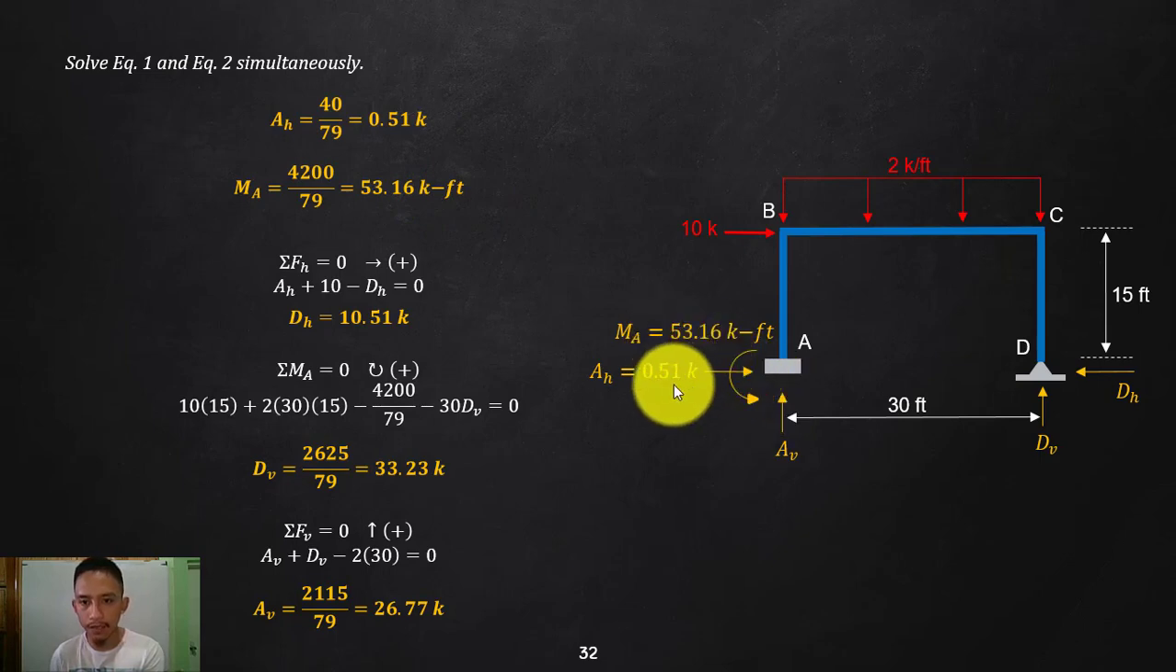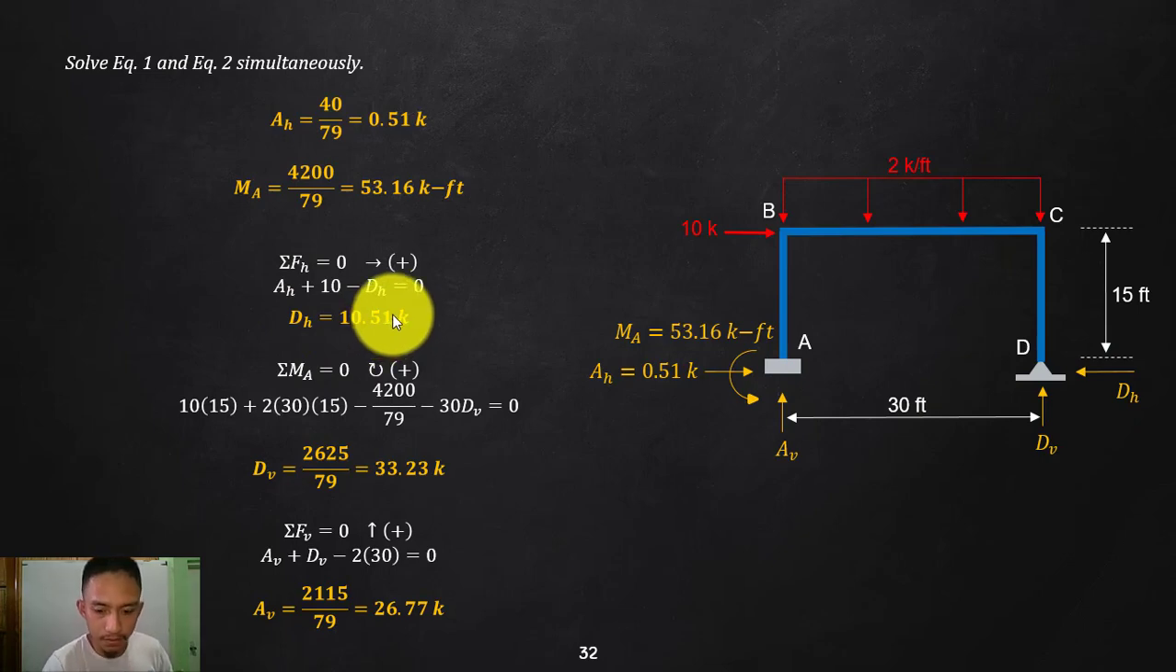And then the rest, if I now apply this AH and MA, the redundants that I already know, to my original structure, then the rest three reactions will now be solved by statics. So, summation of forces horizontally, what are the forces? Your AH and your 10 kips, which I assume going to the right is positive, so these are positive, minus this unknown DH. So you will end up there with DH to be